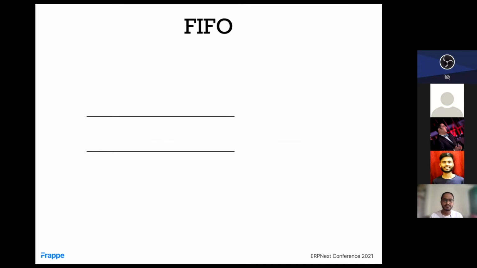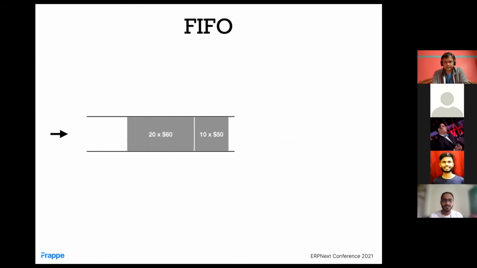Let's assume we are running a t-shirt shop. Basically, we are purchasing t-shirts from the vendor, and we are selling them to the customers. Let's take an example. Right now, we don't have any stock in our shop. Let's say we purchase 10 quantity of t-shirts worth $50 each in the first lot. We purchase one more lot of 20 quantity with purchase cost of $60 each, and we purchase one more lot after some time for 5 quantity with purchase cost of $55 each.